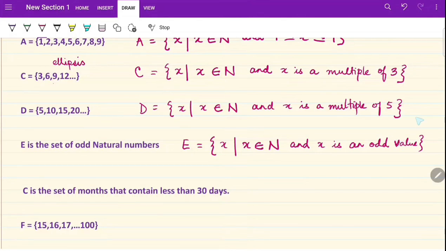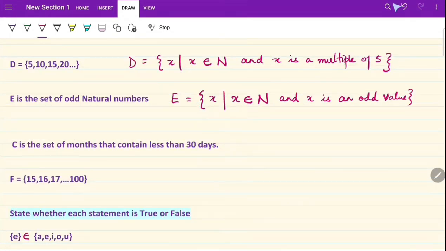All right. What about the next set? It says C is the set of months that contain less than 30 days. So it's going to be a set of months, but the condition is that the month has to have less than 30 days. That's important. All right, important condition. So we are going to write it, start the same way, C equals, and then